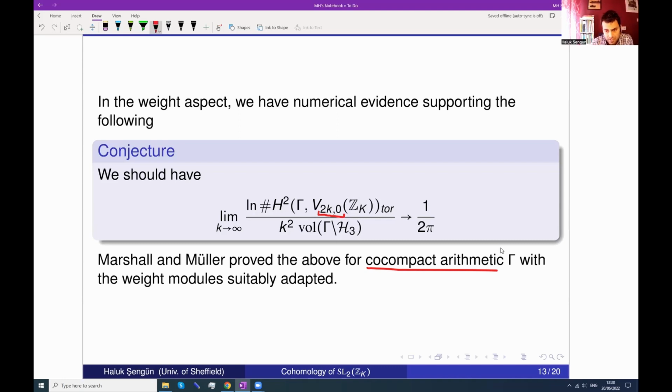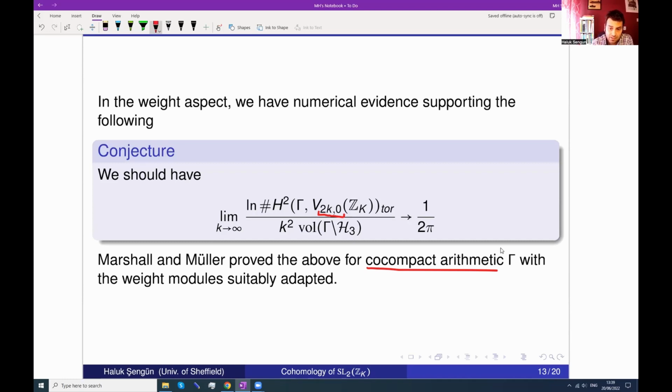I'm putting some integral lattice in that coefficient system stabilized by gamma, so that it's an integral cohomology, and there's torsion in there. The conjecture is that the torsion varies exponentially with respect to k squared, times the volume, and there's a specific limit: log of the torsion divided by k squared,